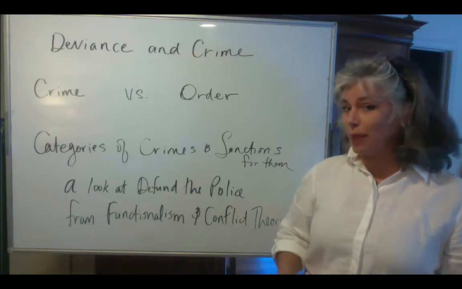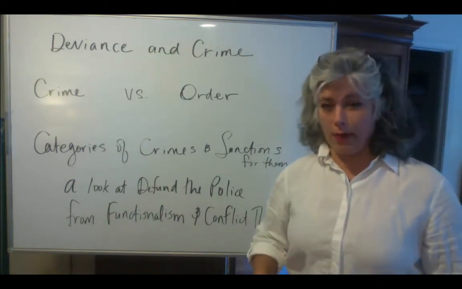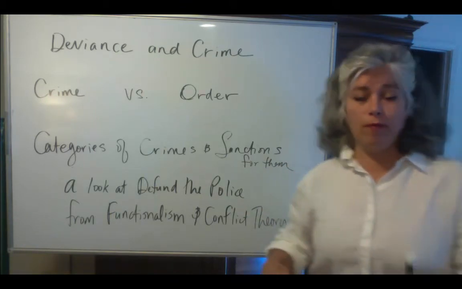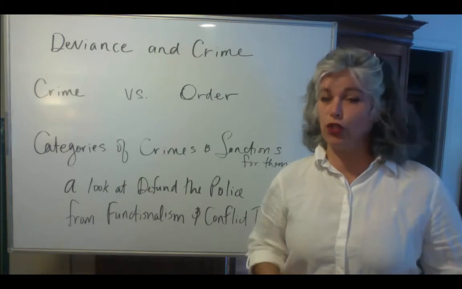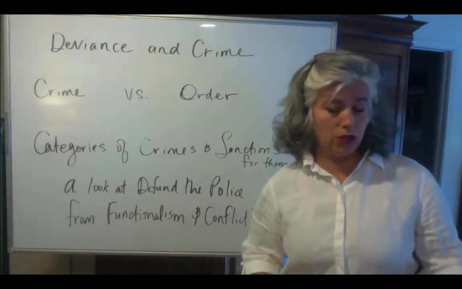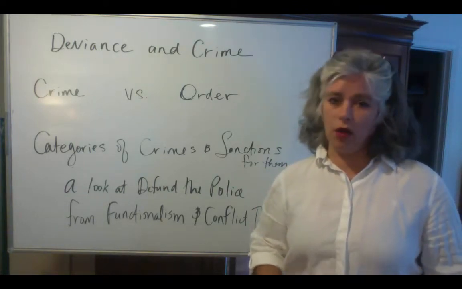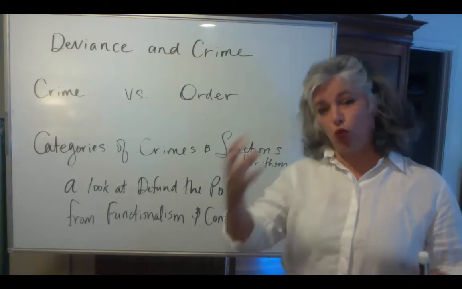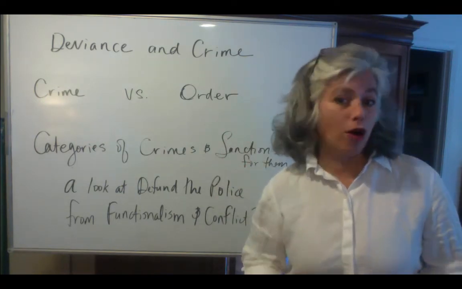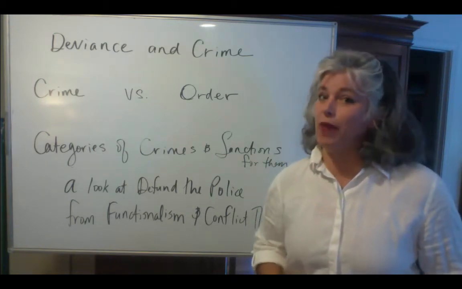So we're in the middle of Chapter 6. And Chapter 6 is on deviance and crime, and so we have a lot to talk about. We introduced deviance in the most recent video that was posted during week 6, so we know in general what it means in sociology. However, we did not look at deviance and crime specifically, or criminal deviance, like we mentioned was part of how we sociologists study deviant behavior.